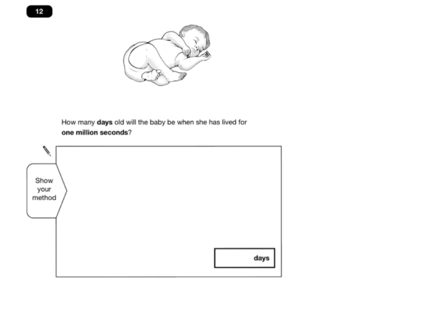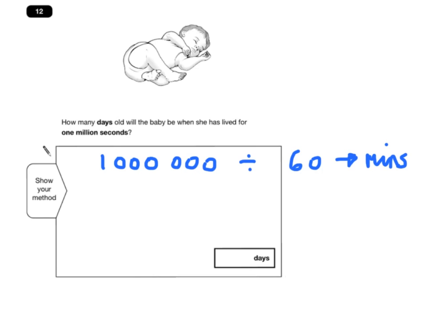Okay, so how old's this baby? She's been alive for 1 million seconds, and we need to know how many days. So if we take our 1 million seconds and divide it by 60, that will tell us how many minutes she's been alive. It's divided by 60 because it's going to get smaller, and 1 million divided by 60 is